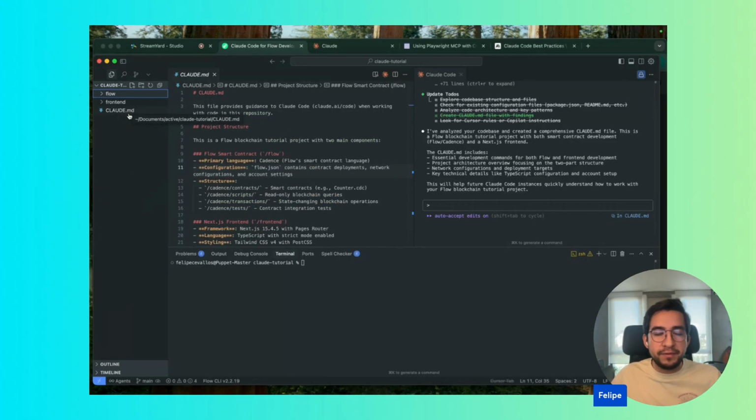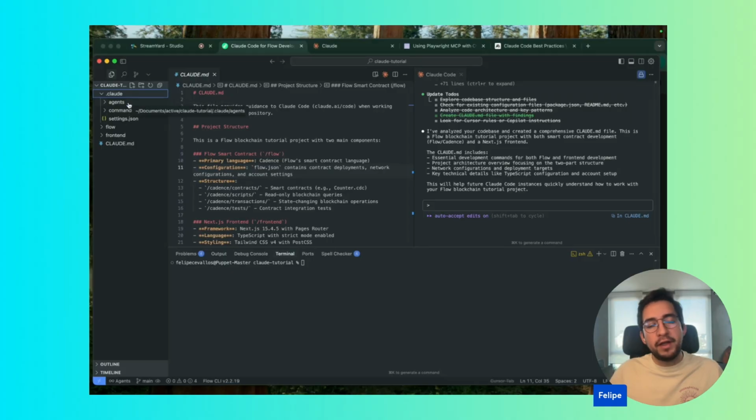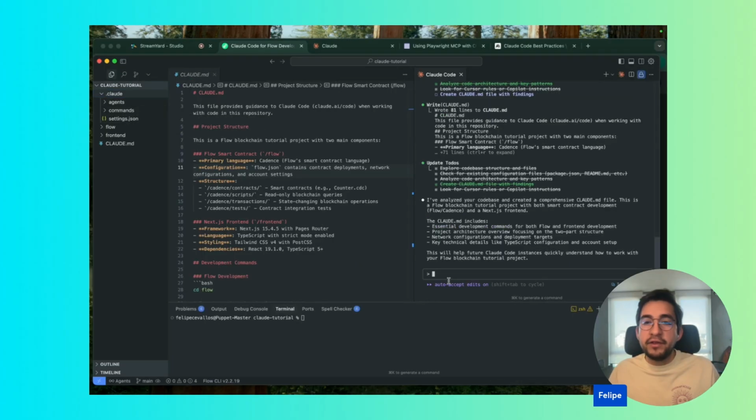This CLAUDE.md file that lives in your root is something that Claude Code will always run before responding. So it will always be part of the context of your agent. You can also have more granular control with Claude by setting up this .claude folder and setting up the agents you want to run, the commands you want, the recurring commands you want the agent to follow, and specific settings you want to have. As you can see here on the bottom left, we are in the auto accept edits